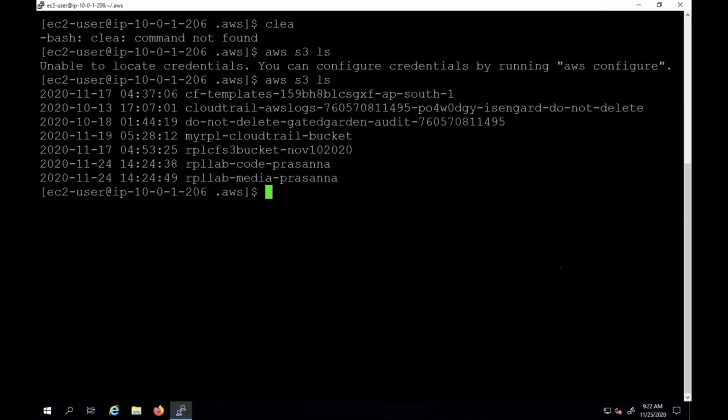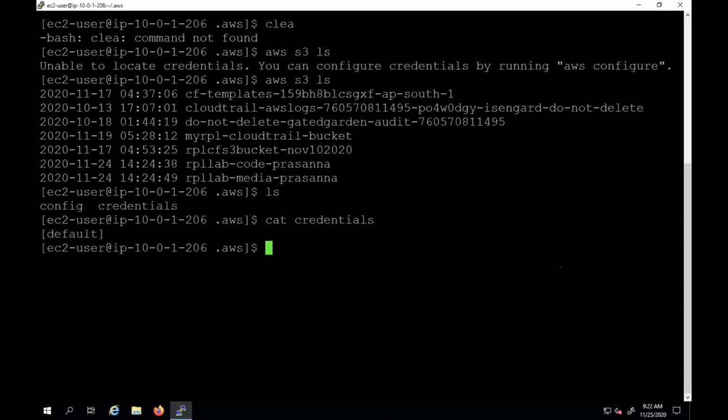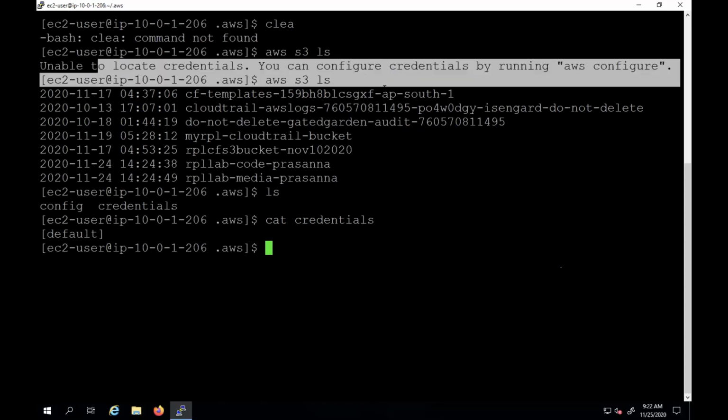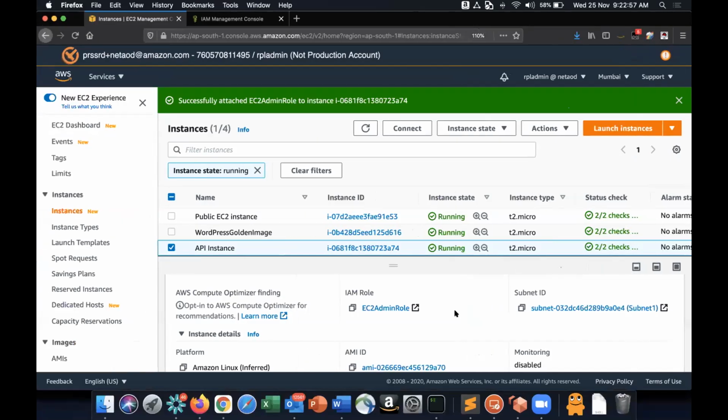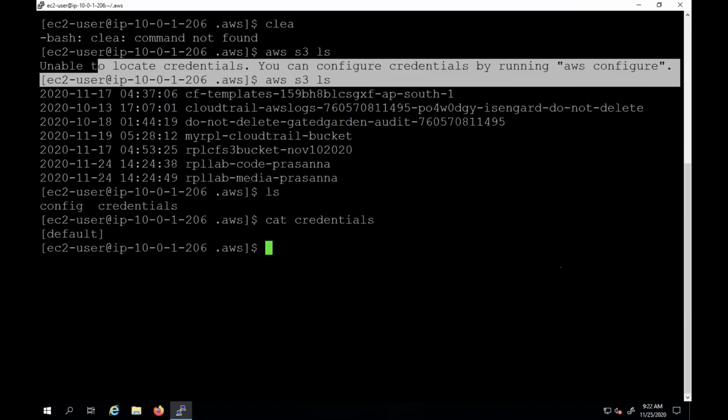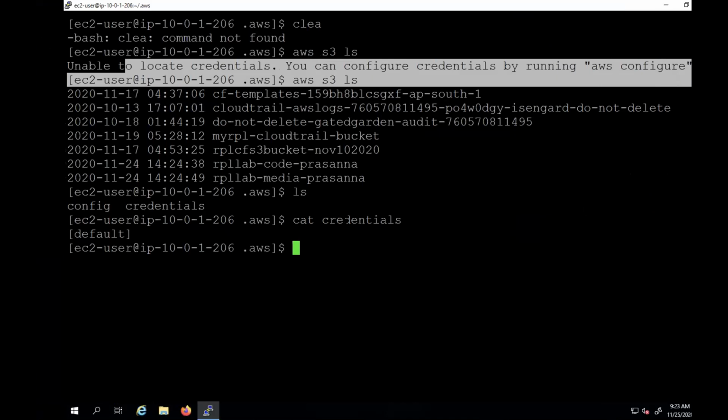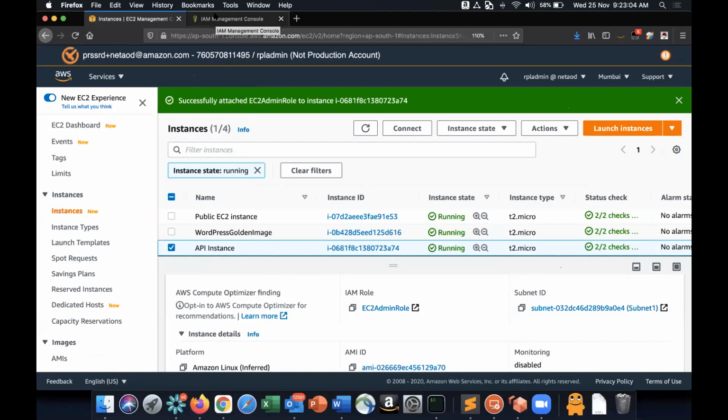If you see here, your configure credentials file, cat credentials, is empty. It doesn't have any credentials. Earlier, when it was empty, it was saying unable to locate credentials, right? But now, after I created an IAM role and attached that IAM role to the EC2 instance, I'm actually able to perform the CLI functions without credentials here, right? So this way, what happens is, even if